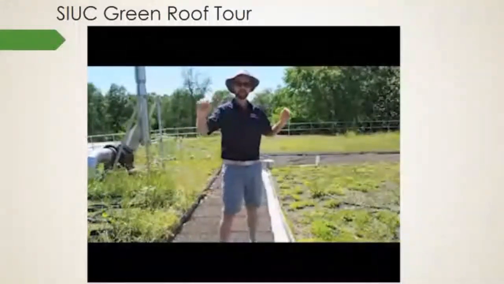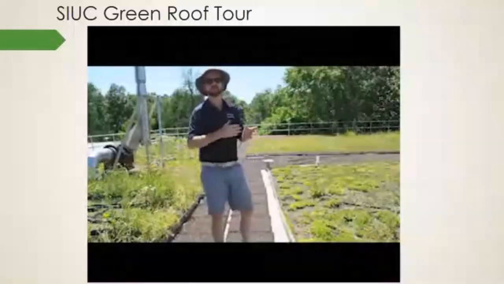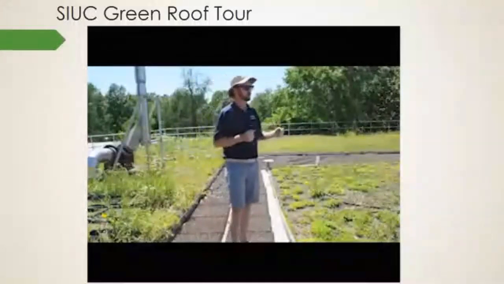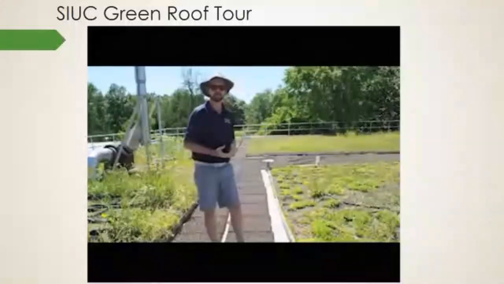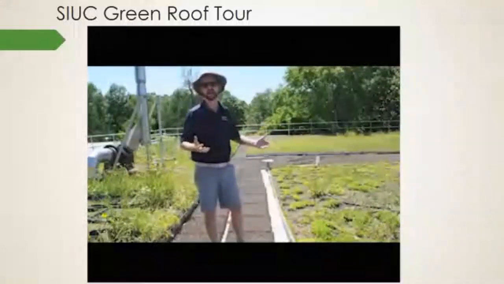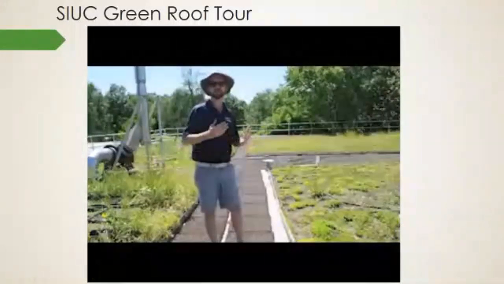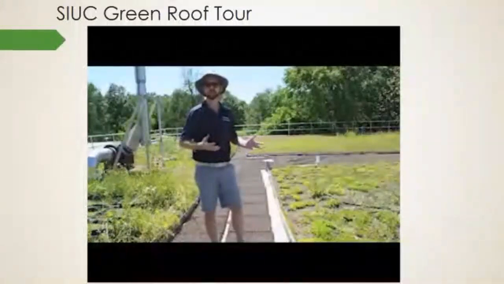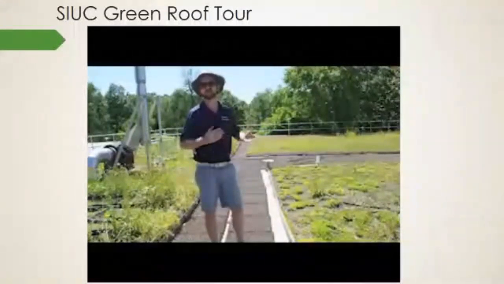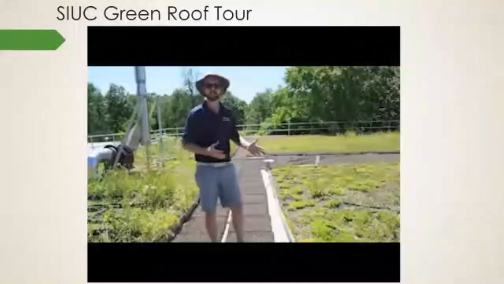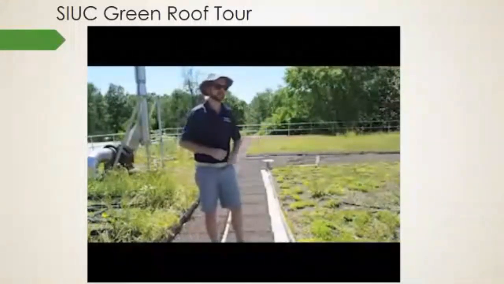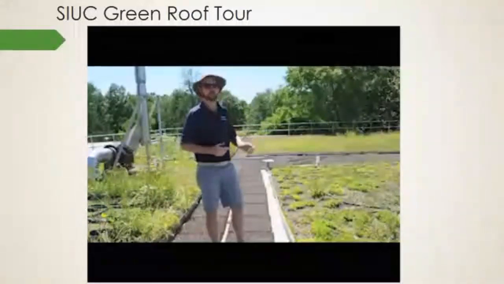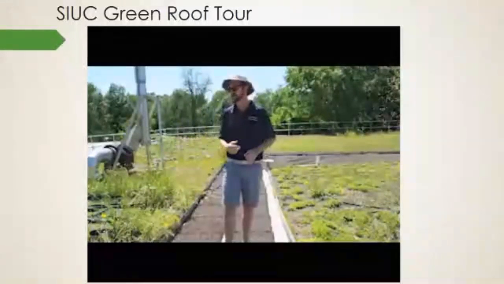So there are different types of green roofs. Some green roofs are used more for amenity or for public access. Our green roof up here is primarily for the ecological services that it provides, and it's an open lab that we use for research, teaching, and demonstration. We also get other ecological services from our green roof, such as water conservation, stormwater conservation, heating and cooling of the building, reducing the urban heat island effect, adding green space where there was just a built environment before, stormwater reduction systems, and we even use it to grow food.